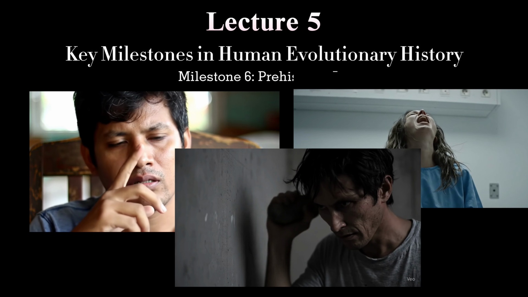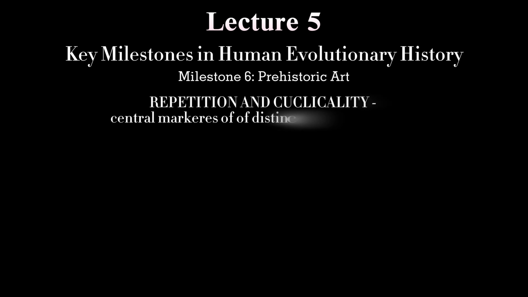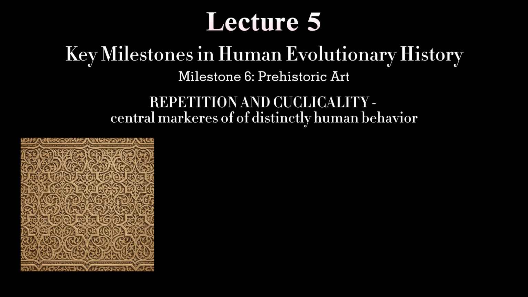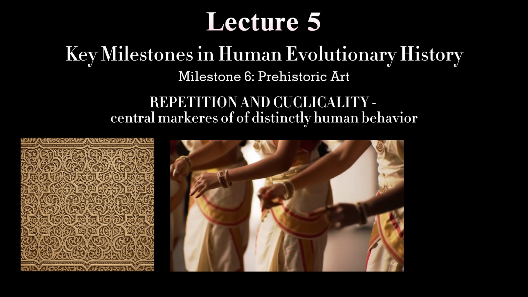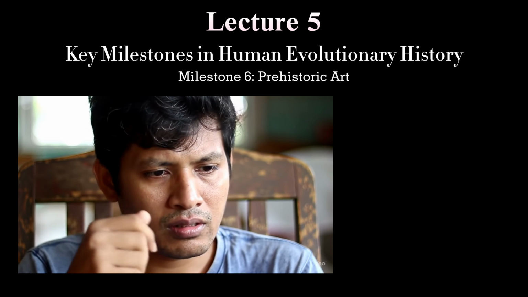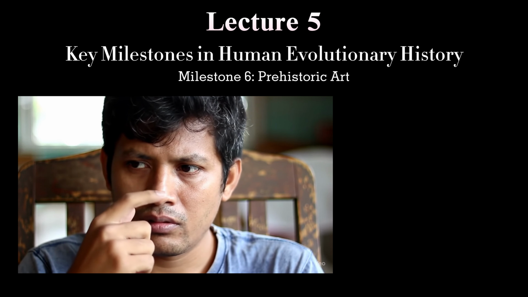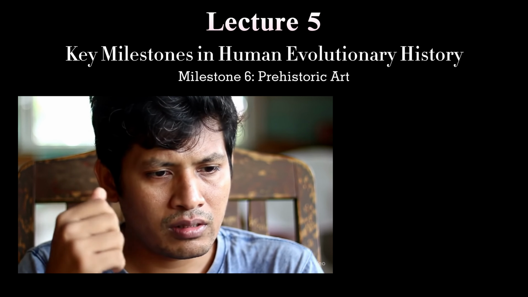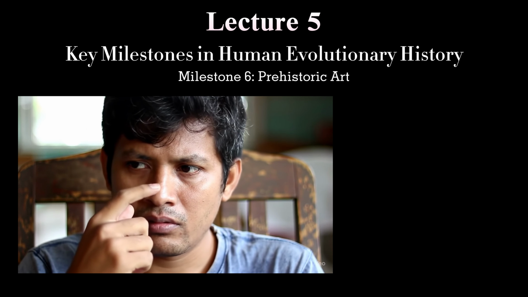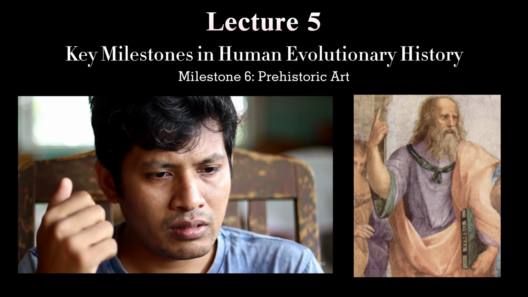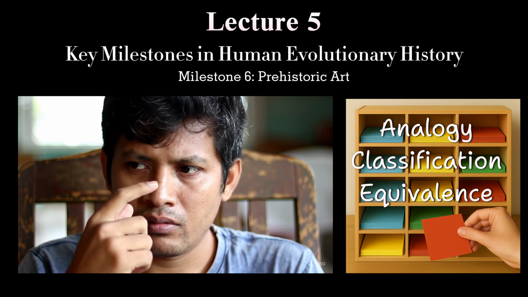the foundational logic behind repetition and cyclicality, central markers of distinctly human behavior, reflected in traditional artistic expressions, such as the patterned motifs of early pottery and architecture, the recurring movements of traditional dance, and the cyclical structures of musical composition. Modern compulsive behaviors aimed at managing anxiety or cognitive overload may also be seen as a recurrence of this primordial condition of the ancestral psyche. We might even be tempted to discern the legacy of this obsessive, repetitive behavior in the logical structures underlying human reasoning, which privileges analogy, classification by similarity, and equivalence.